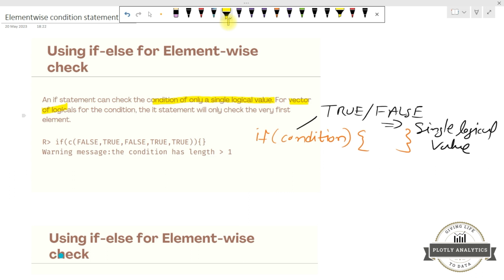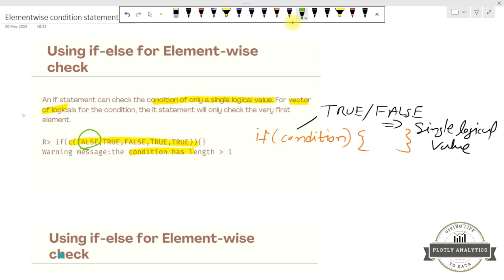In this small example, as you can see, the if statement condition has a vector of logicals, and it has shown me an error that the condition has length greater than 1. Now in this case, the if statement will only check the first element of the vector. That means it will only check this false condition,